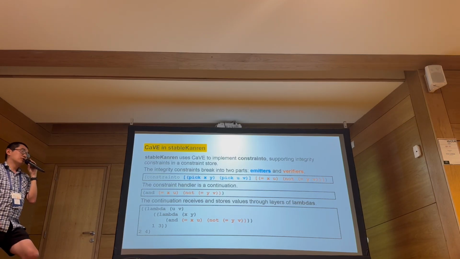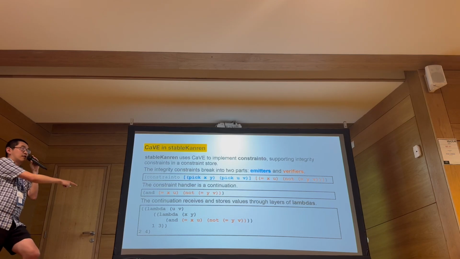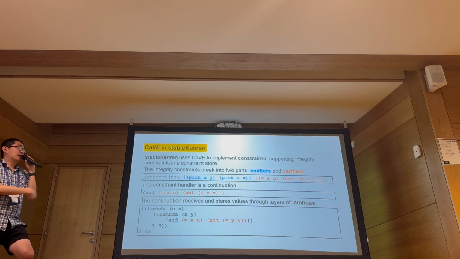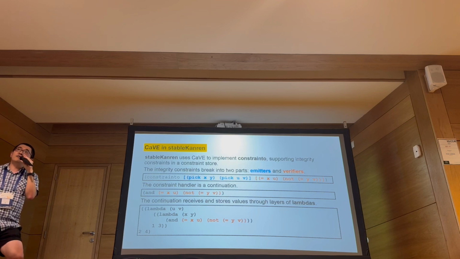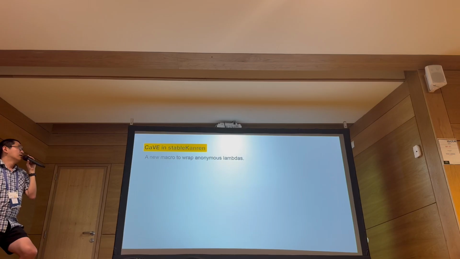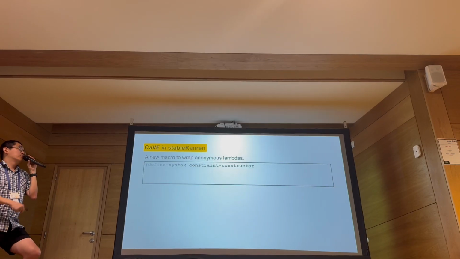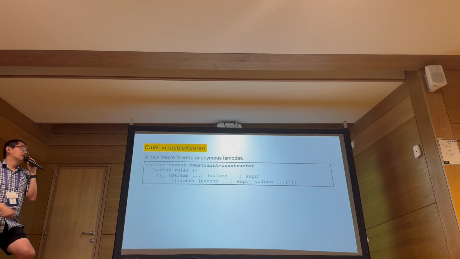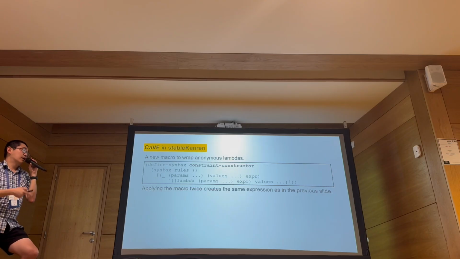Okay, now we just need to plug this mechanism into the program to let the solver handle it automatically, without human involvement. This is where I'm writing the code. Back to the macro application, macro will allow the program to handle this meta program, to modify or update this continuation. So here we have a new macro to wrap these anonymous lambdas. This is what the macro looks like. We have the expression, we have parameters and values. We just wrap them together. So with that, we can let the machine or the solver do the work.